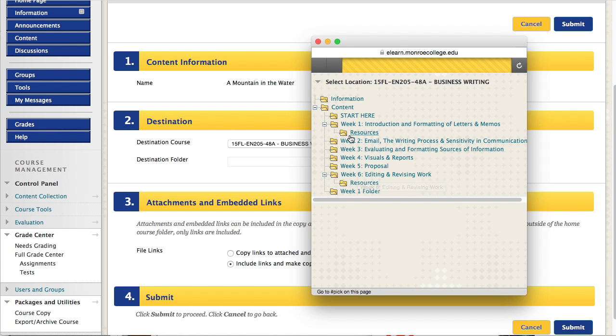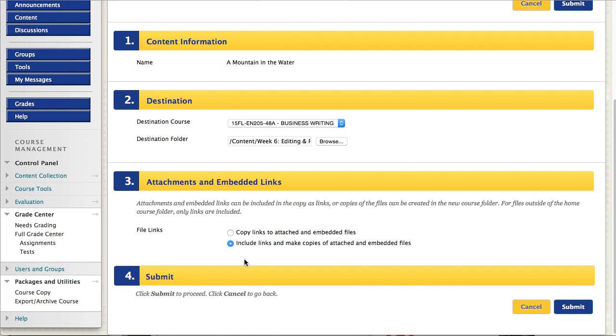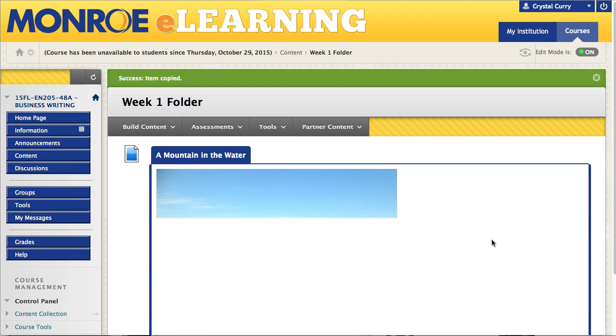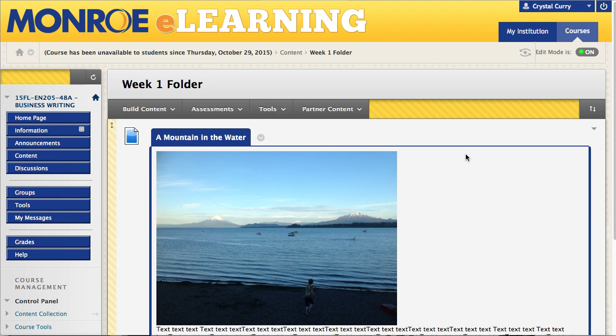So you click on whatever week you want to move this to, and once that's in there, you just want to make sure that this bottom one is selected, and then you press submit, and you've copied it. You can go and check that it's there, which we'll do in just a second. But also you can